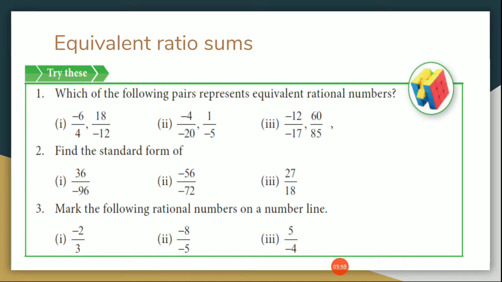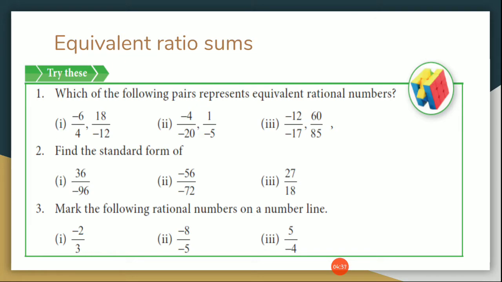Then look at both the numbers. If both the numbers are the same, it is said to be an equivalent rational number. If the numbers are not the same, they are not equivalent in nature. Okay. And then the second sum. Find the standard form of. Standard form means what we should do? Standard means 1. Keep in mind, standard means 1. Okay. 1 should be the common multiple between them. No other common multiples should be between them. Only then it is called a standard form. So what we can do, 36 by 96, you can start by cancelling both of them. Okay, and write the least simplified form, and that is called a standard form.